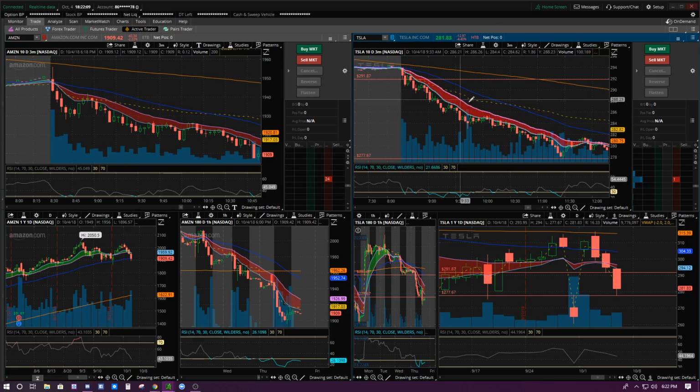As the day goes on and the stock starts to tank more, they have to make these candles smaller to fit all of this. So it makes these few candles not look like as big a move as it really was, because this was a huge move. It broke that support, came back up, tested the VWAP and 9/20 EMA, and it just